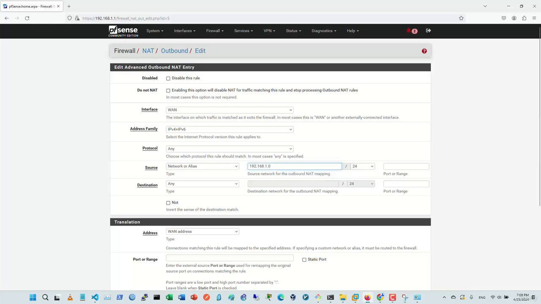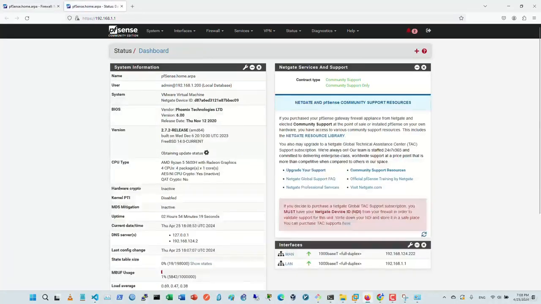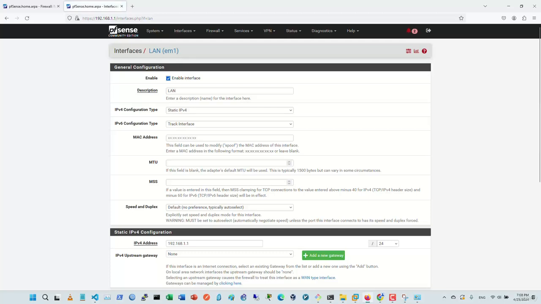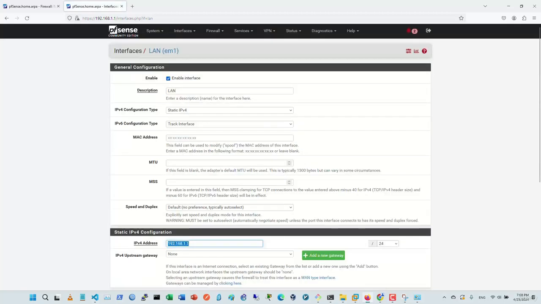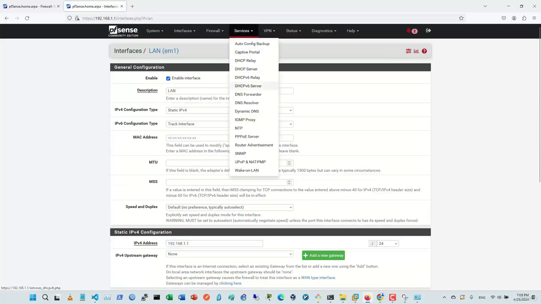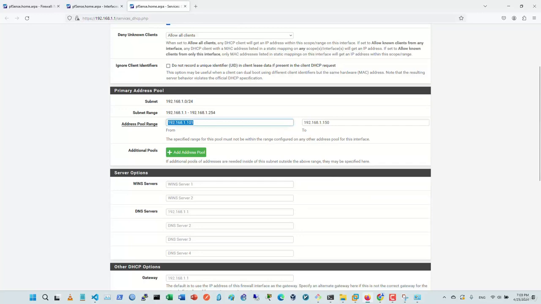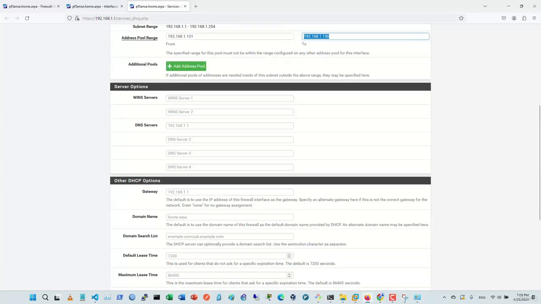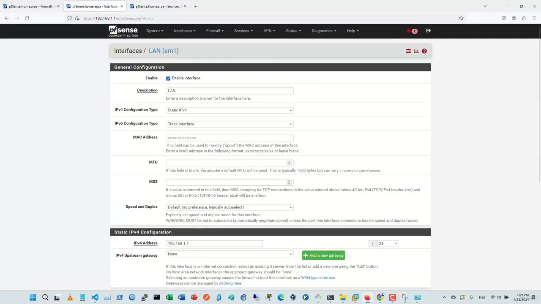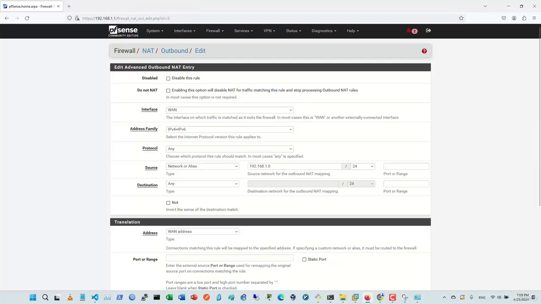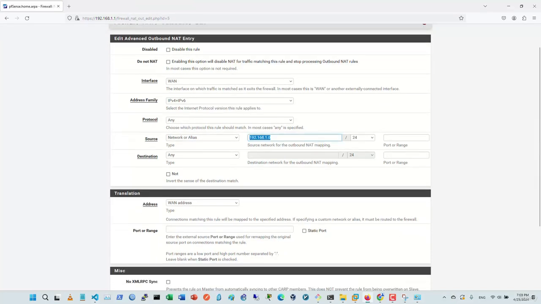It's important, first of all, from pfSense, let me show you. First of all, from here, the LAN interface, you should change the IP address to another IP address. And another important thing, if you're using a DHCP server, from here you should change it, it's very important to change, for instance, the DNS server, gateway, and like that if you have other IP addresses. But what is important here right now related to NAT and firewall is that we have this range,